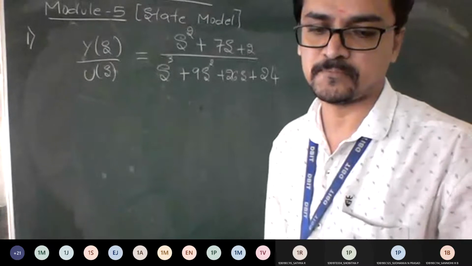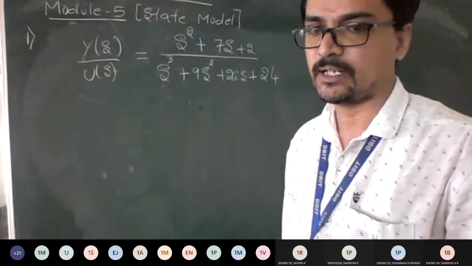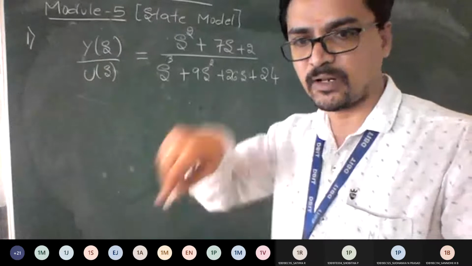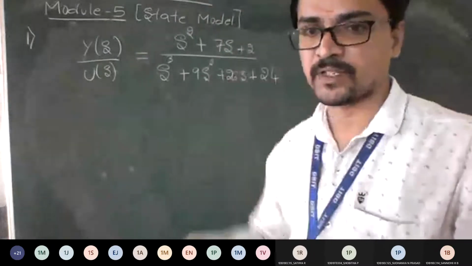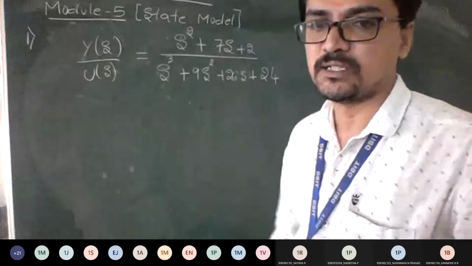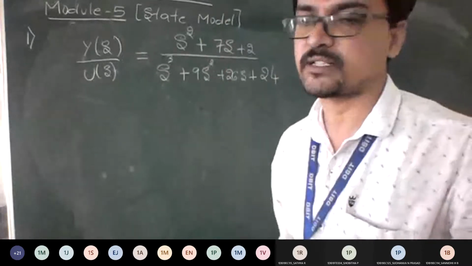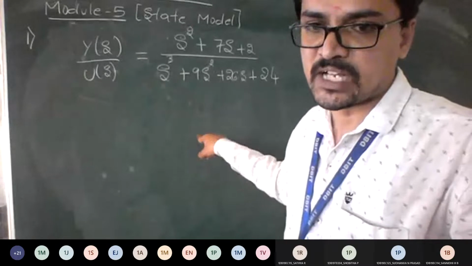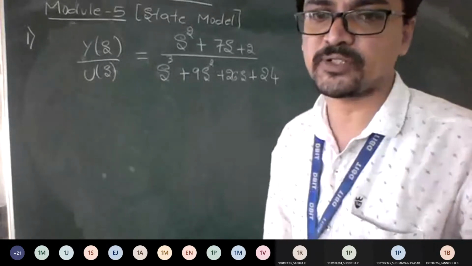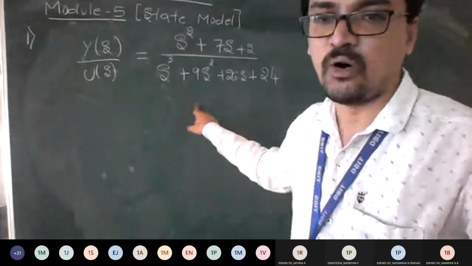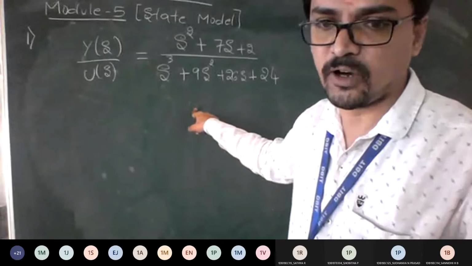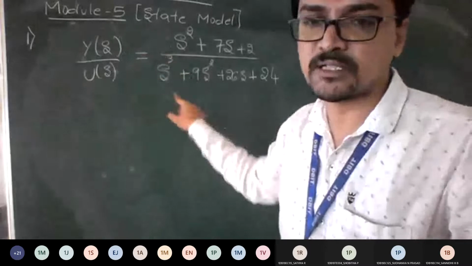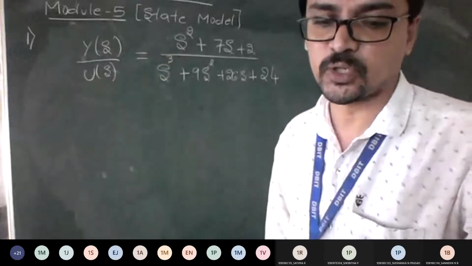Everyone understood? Yes, sir. Okay, so let's try to analyze this. See, this is like a problem you learned in transfer function block diagrams. You need to split this, then you will understand the way to solve it. I need to get that differential equation. If you are able to get that, the remaining procedure is the same as what you learned. So before that, what is the extra step you are supposed to follow to convert this given Y of s into U of s? We'll try to analyze. So, question understood, everyone?